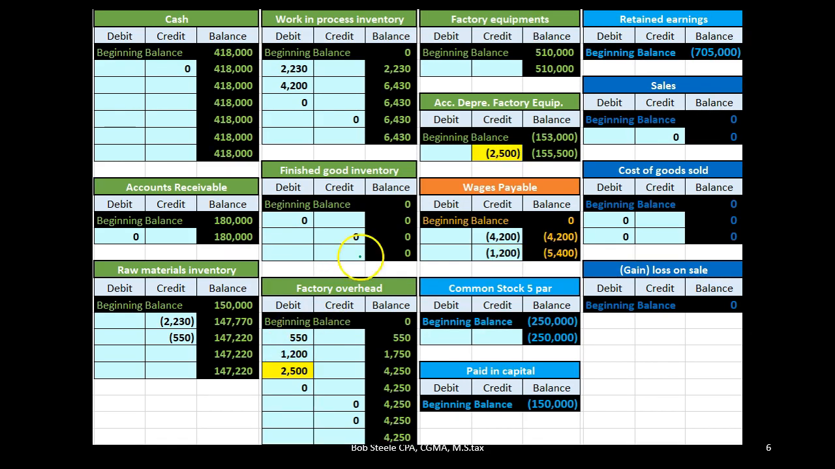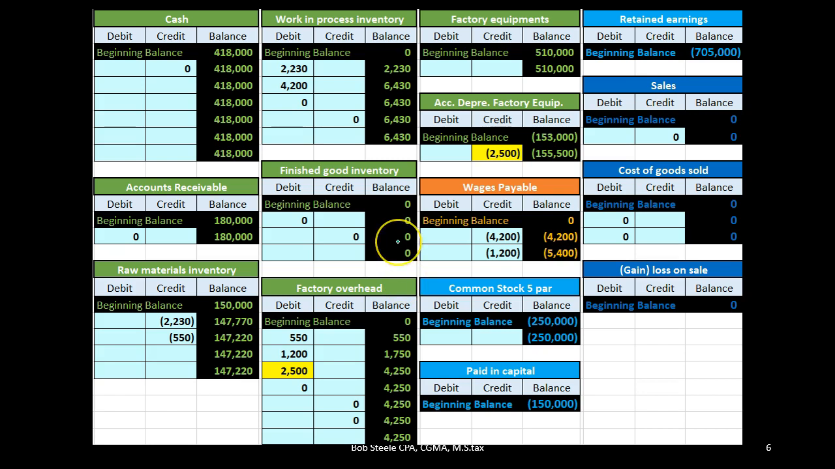Next thing that happens is we're going to say that we credited accumulated depreciation and debited factory overhead. Why would that happen? Well, accumulated depreciation is related to equipment. We know that journal entry always has a credit to accumulated depreciation, it being a contra asset account. It's going up in a credit direction from 153,000 by 2,500 to 155,500. The debit then is not going to depreciation expense as we would normally expect, but is going into factory overhead. Why? Because it's depreciation on factory equipment,